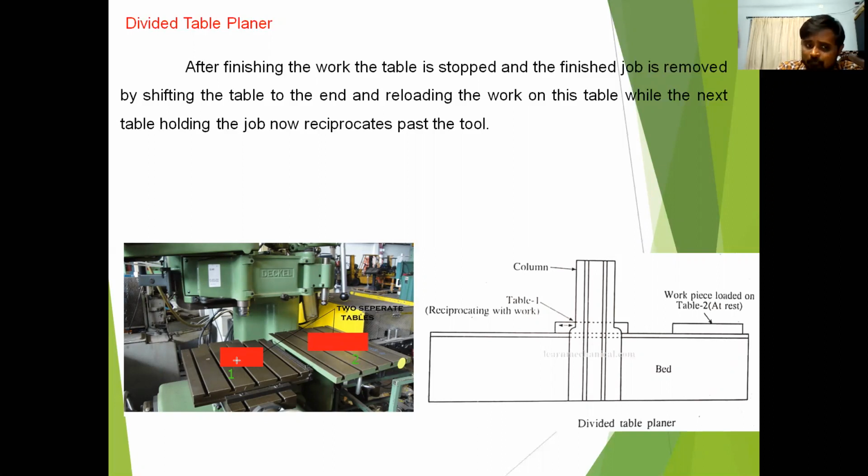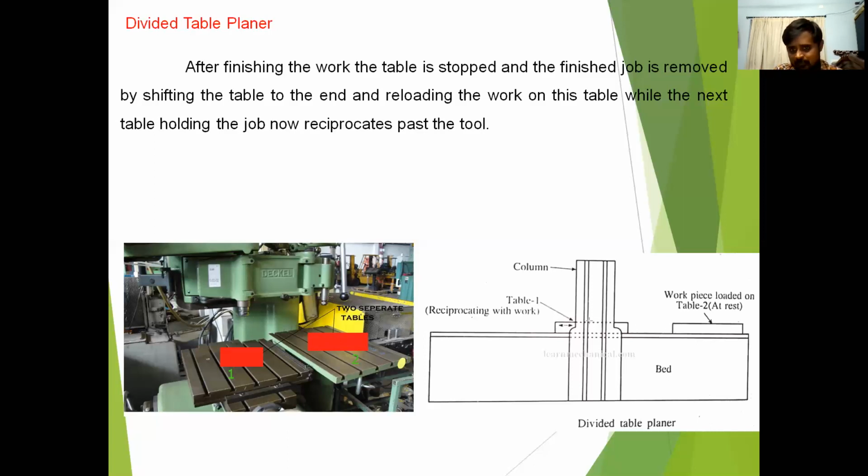While workpiece 1 is being unloaded from table number 1, simultaneously the cutting action takes place on the workpiece placed on table number 2, because there is no need to stop the machine, as table number 2 is already ready with the workpiece. Immediately when table number 1 is moved away from the cutting tool, table number 2 will occupy the table number 1 position, and automatically the cutting tool will perform the operation on workpiece 2. Because of this arrangement, we reduce the time for loading and unloading the workpieces.